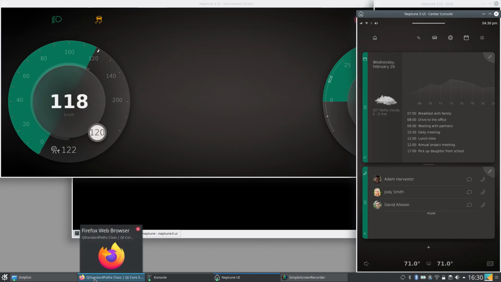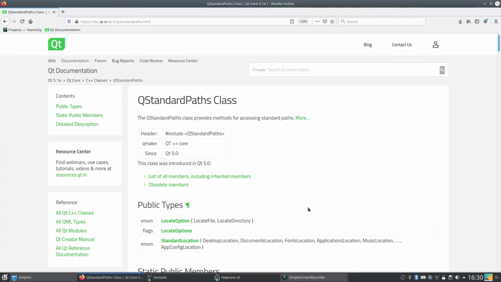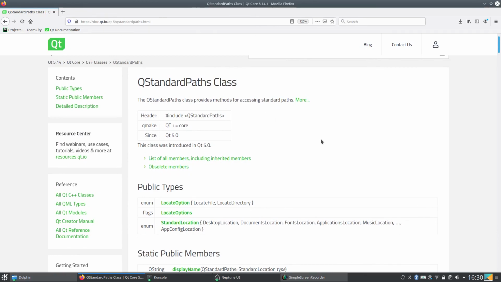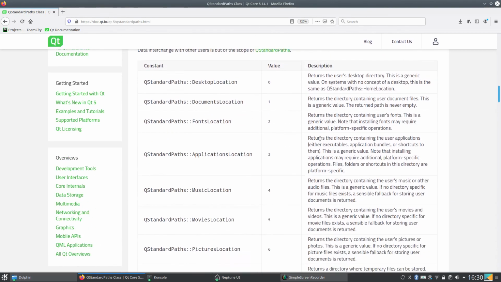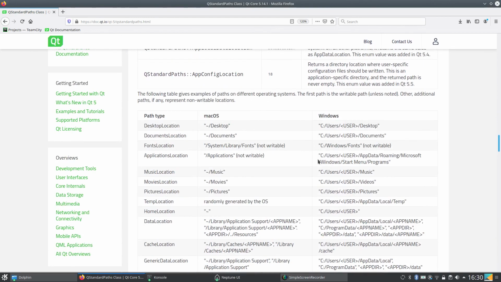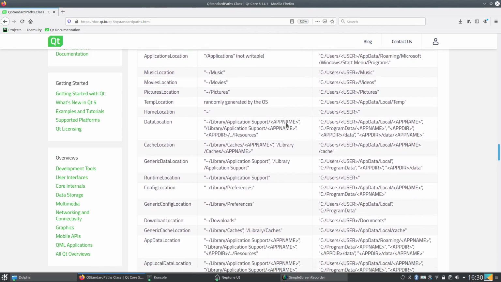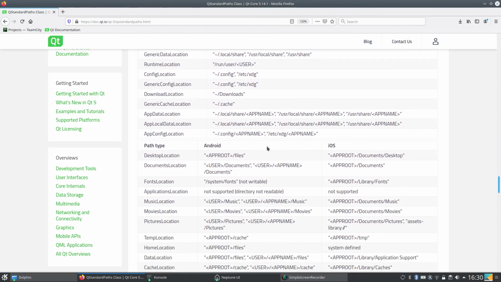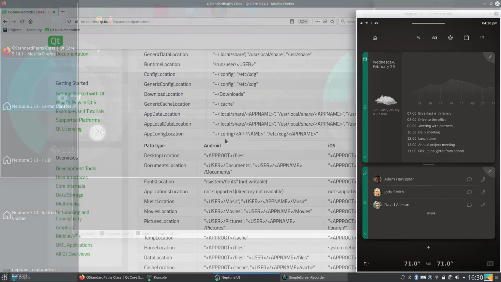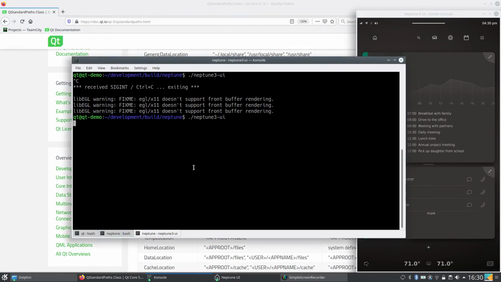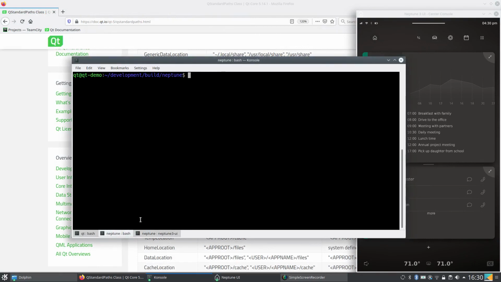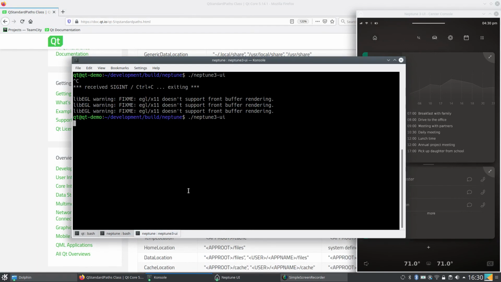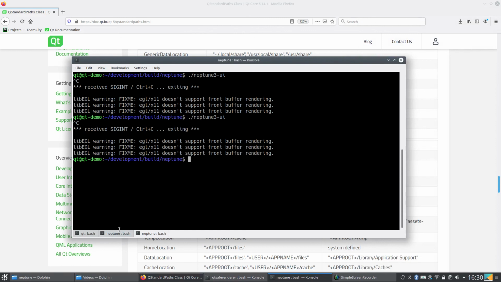One thing maybe to take a look on as well is the location of the settings. So as I mentioned, we use the Qt standard path class, and it presets default values for different platforms. So settings are stored in a category app config location, and on Linux, for example, which I use for the demo, this is in the home folder, in the folder .config, and then application name. So let's take a look on the console. So this will be in home. Let's first stop Neptune. So on the home location,